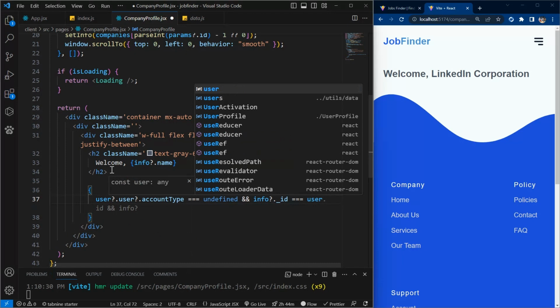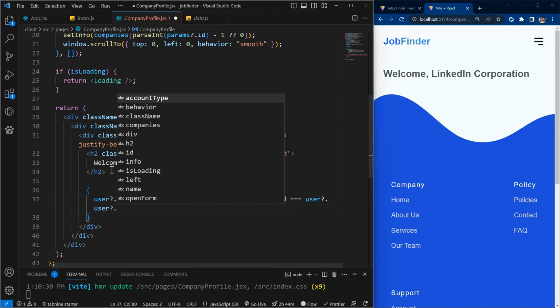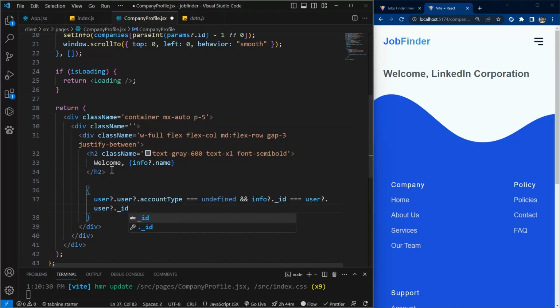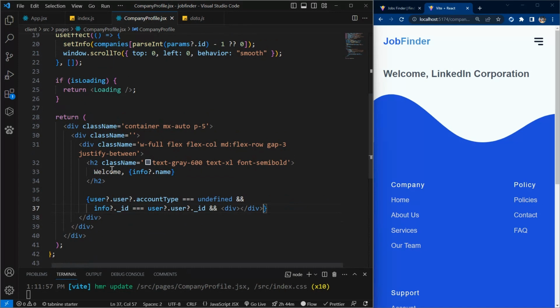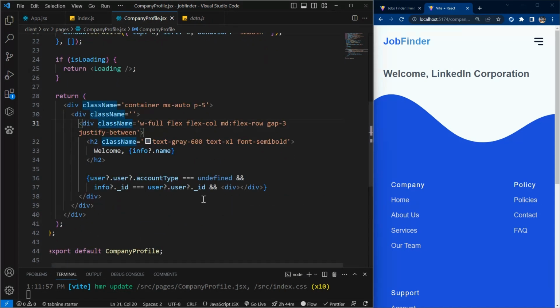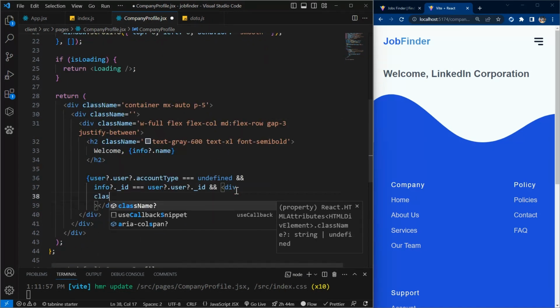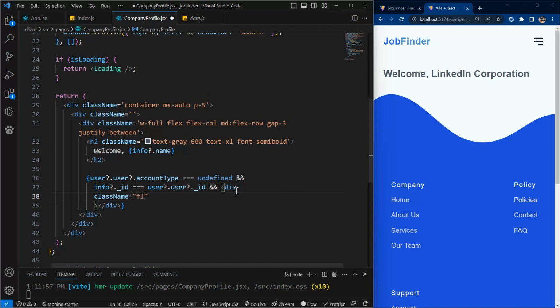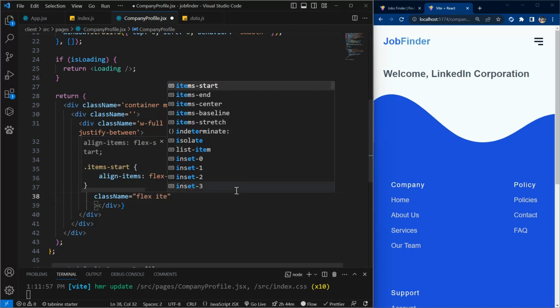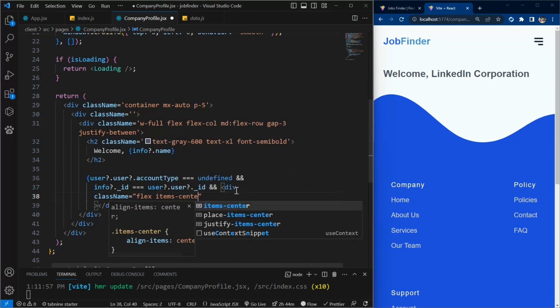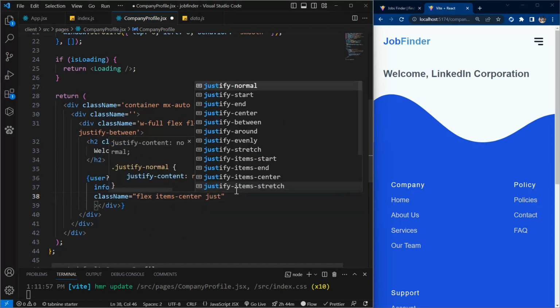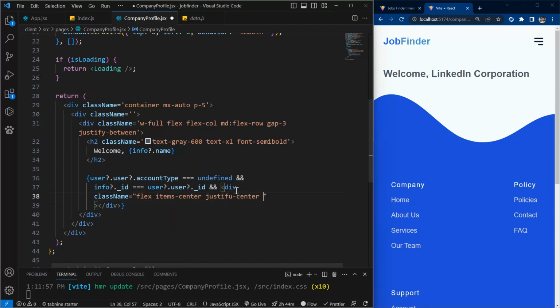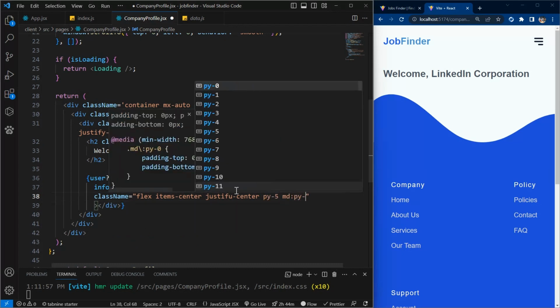Okay, so beneath the H1, we will check if the user account type is equal to undefined. So it will be undefined if it's company, because the company, it's only the user that have the account type. Okay, if it's undefined and the info.id is equal to the user's ID,